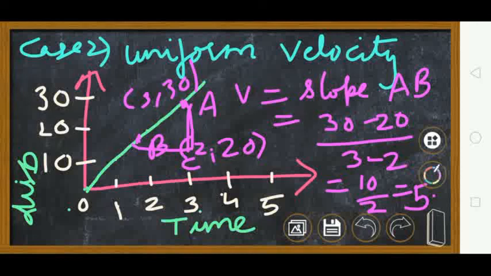So, understood how to find velocity from the displacement time graph. Whatever line you get, take any 2 points on that line and write down their coordinates. The difference of the y coordinates divided by the difference of the x coordinates is going to be your velocity. I hope you know the basics of x coordinate and y coordinate. What is written first is your x coordinate. 3 is x, 30 is y. So 30 minus 20 upon 3 minus 2. This is your velocity.